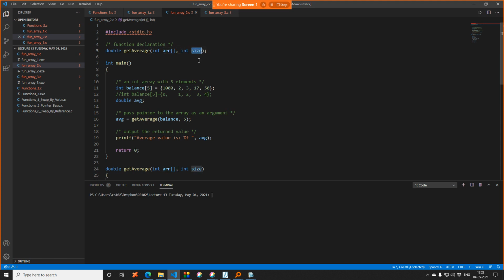Okay, so double get average. Basically, we are passing two parameters, integer ar and size. You can see size I am writing just like a normal variable, but ar I am writing with square brackets, empty square brackets. Now what does this signify? This tells the compiler that this particular variable